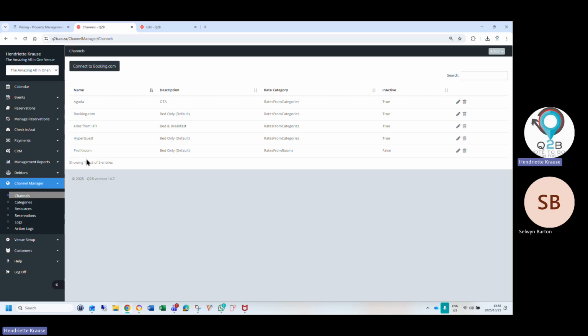But some of our clients that did take the marketing tool, because look, I don't think there's a better marketing tool than Profit Room's marketing tool. So if you want to push traffic towards a website, you have to take the marketing tool. I get you. It will go through their marketing tool, but the SEO package that is absolutely amazing. The venues that took that part, I know it's a bit more expensive, but the venues that took that part is doing very well on Profit Room. I get you.